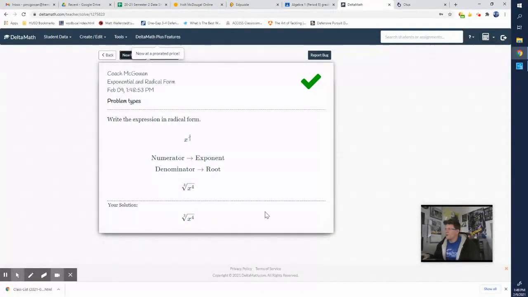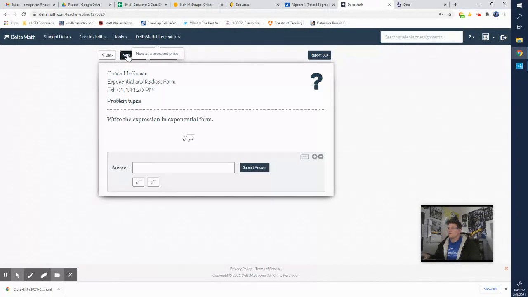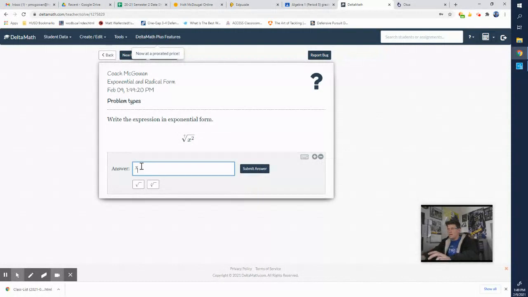Let me see if I can find one of another type. Perfect timing. Oh my gosh. Okay, so now it's in radical form. We need to rewrite it in rational exponent form, fractional exponent. So I want to write it with my base, which still is just x. And then notice the exponent is 2, the root is 7. So I want to change that